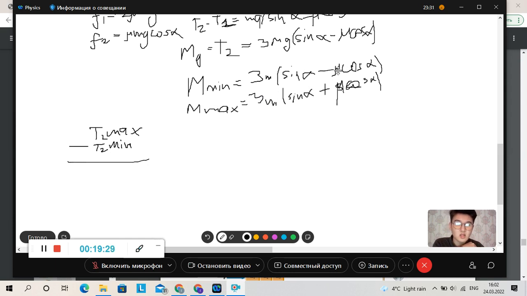In this case, the minimum in this minus will be plus, and this u cosine alpha will be added, and just 6 small m g, and the sinus alpha,